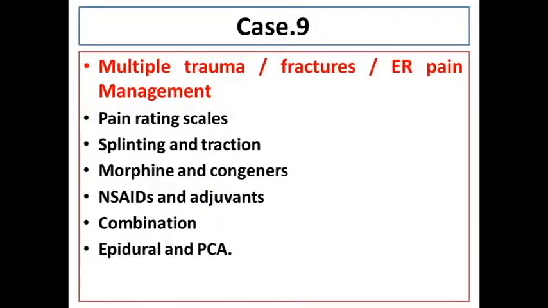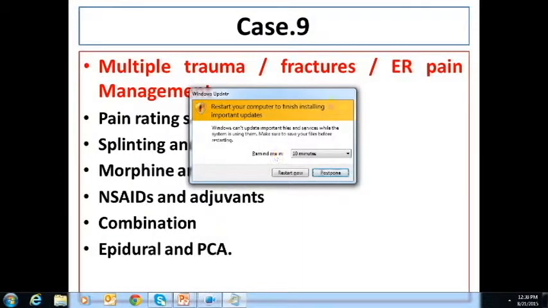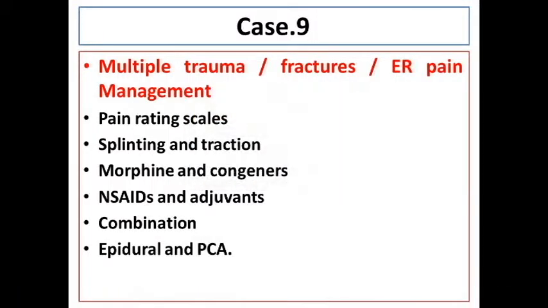We must also remember that we need not give the patient pain relief just by parenteral routes. We can also use other routes like the epidural route, and in case a patient is coherent, intelligent and an adult, the patient may also be prescribed patient-controlled analgesia, which is a much better way of relieving pain when the pain is severe, because the patient is controlling his own pain, and this reduces the amount of analgesic being used and also gives a better relief of pain.